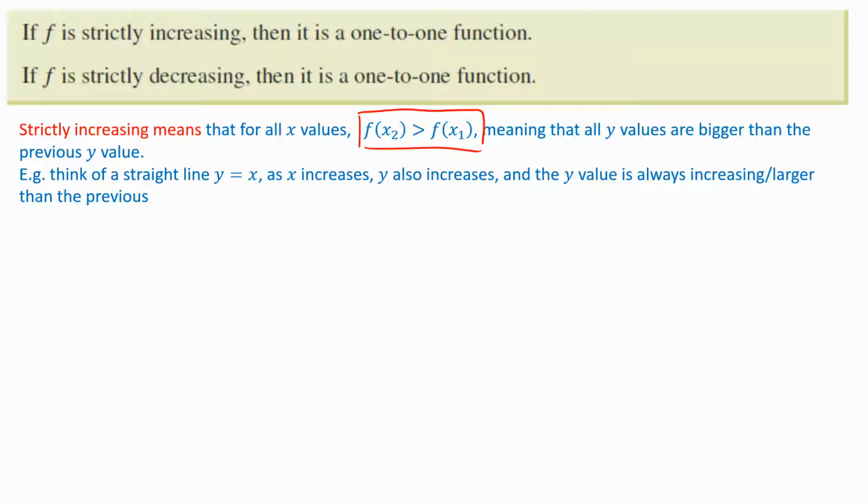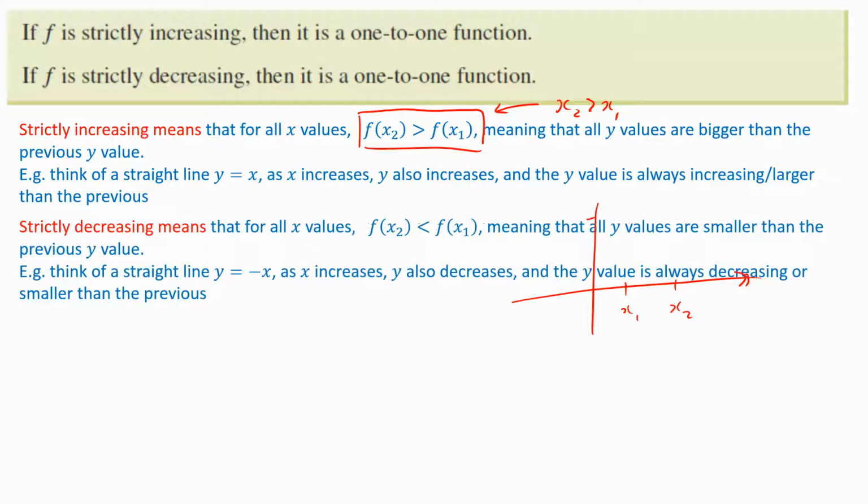Yes, I needed to state that too. So I just wrote, as x increases. But yes, another condition to add: x2 is greater than x1. All I'm trying to say there is that no matter which x values I choose, as long as I choose x being larger than x1, or larger than the previous one,